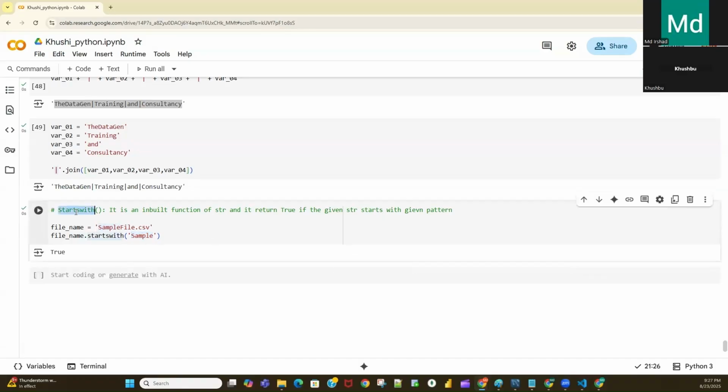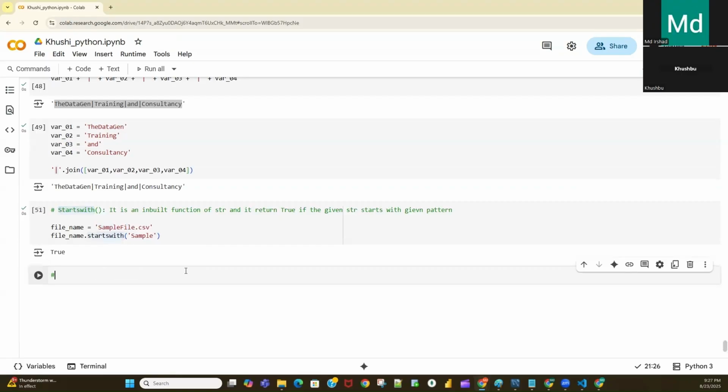So when should we use this one? Let's say you have a list of files, and you have a requirement that the file should start with a certain pattern. I will use one more example. Let's say my requirement is to extract those cities which start with either H or S. This is my requirement: extract those cities which start with H or S.